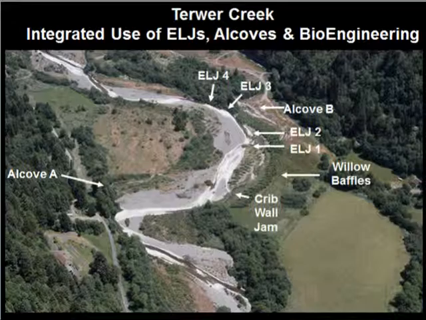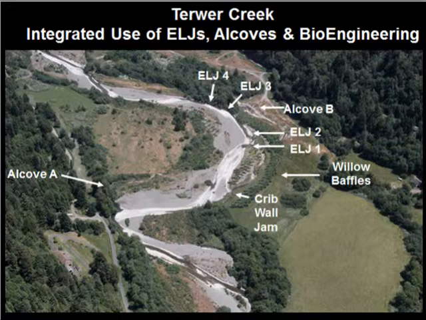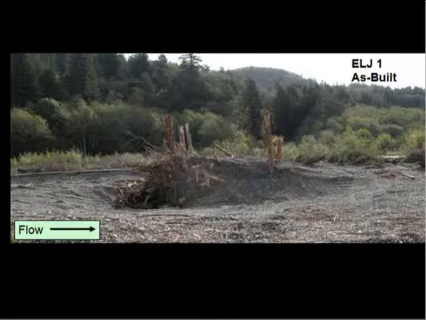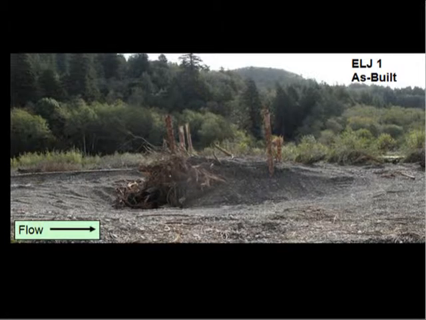So here we have the application of engineered log jams that help hydraulically connect the alcoves, and a type of bioengineering where we're using riparian engineering to direct flow to inundate side channels and work complementary with the bar apex jams by increasing flow. So the term bioengineering in our application isn't to stabilize the bank, but it's to generate desirable hydraulic outcomes. So here's an example of changes at ELJ1 over time.